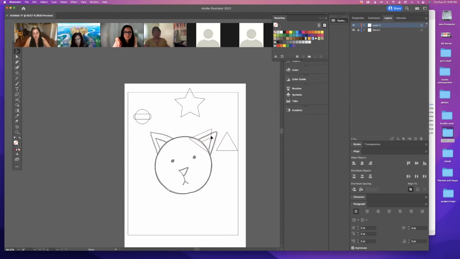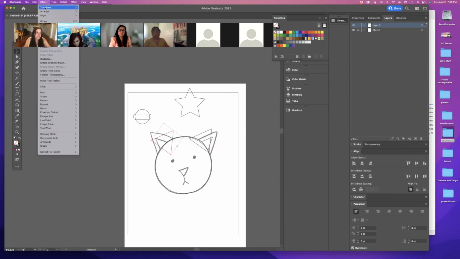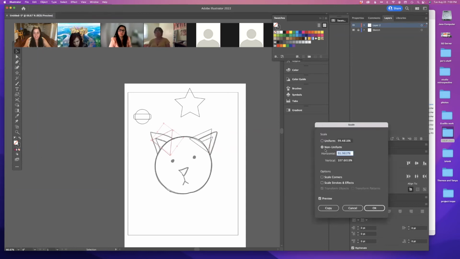So I'm going to make one ear, and then if I was doing this just really fast by myself, I would have it selected, I'd hit Command C and Command V, and I would just copy it. Or instead of duplicating, I'd select it, Option, Alt, drag it, and then go Object, Transform, Reflect, and just flip it. Oops, that's scale.